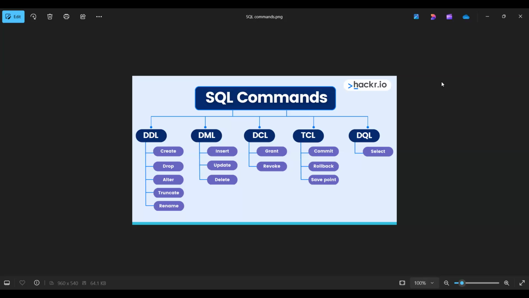We already saw the create command yesterday when we were creating the table, right? Likewise, all these commands are divided into these different parts of the language. Now we will see each one of these languages in detail, like what DDL means and what the commands inside them are. We will discuss each command in detail. Right, so let's start this concept. As you can see, we have 5 sub languages here. First, let's see what the sub languages mean, and let's see the commands also.